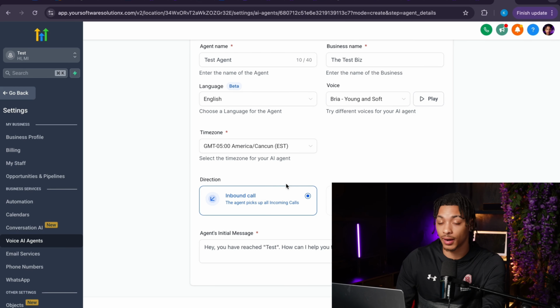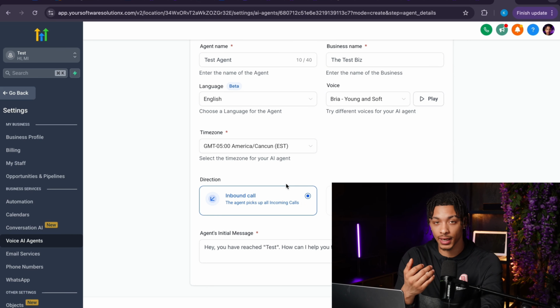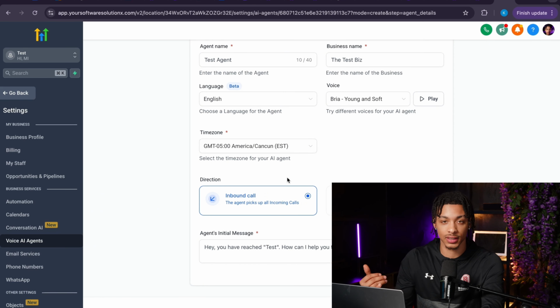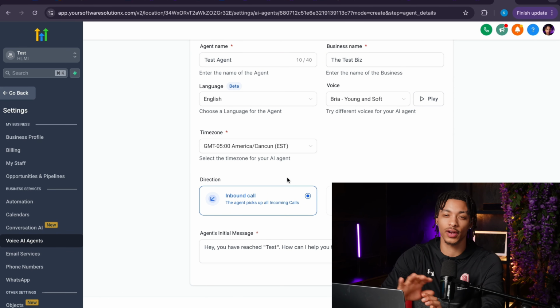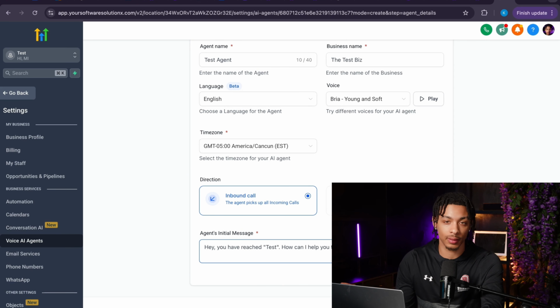Inbound means calls that are coming to a business. So when somebody goes to their website, right, or their paid advertisement page, they see the number on there and then they call the business because they have to set up an appointment, or maybe they're just interested in their products or services and want to talk to them before they make a decision on who they're going to get their roof from or who's going to do their massage. This can work for basically any business owner in the entire world, to be honest, but I'll go more in depth about that in other videos.